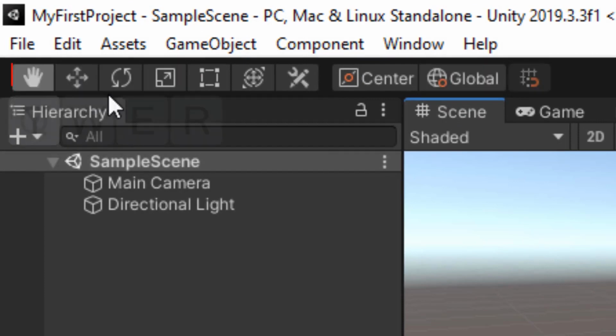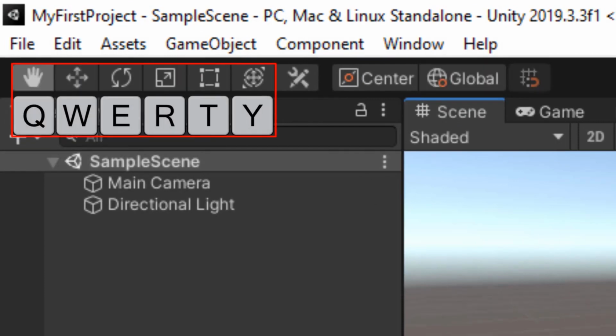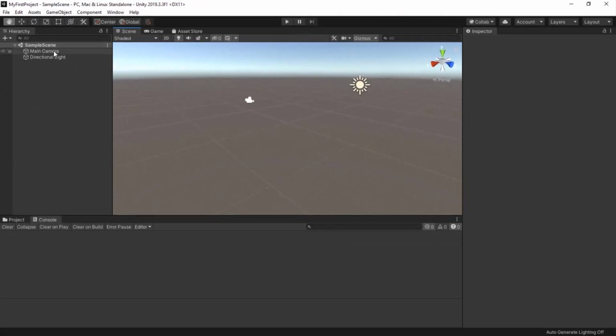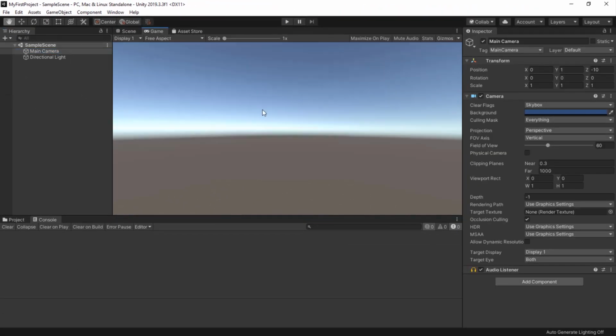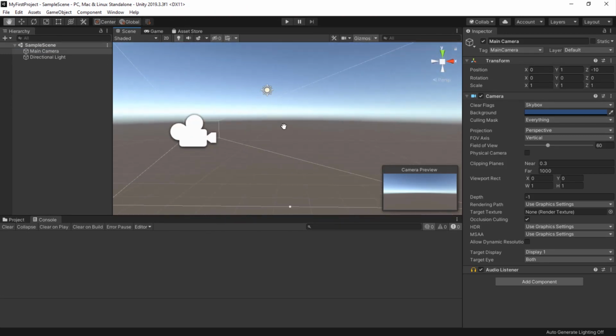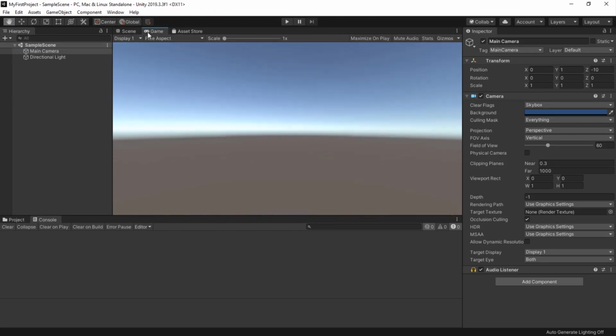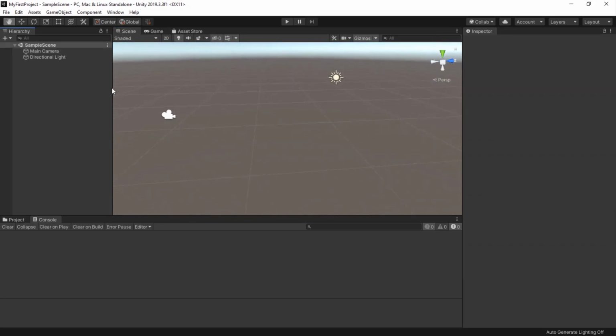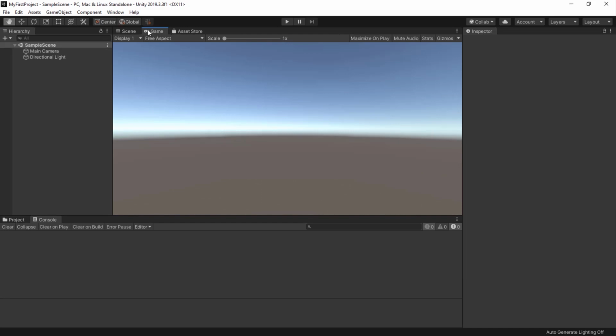We'll cover more about these tools later on, so don't worry if it all seems a bit overwhelming at first. Next up, we have the Game tab, which is displayed side by side with the Scene tab. The Game tab gives you another view of your game world, but this time it's effectively the view from the player's perspective. It's the view through the camera that you've set up in the scene. And this tab is where we'll be spending quite a bit of time playtesting our game and making sure everything works as it should. To switch back to the Scene tab, just click on it again.